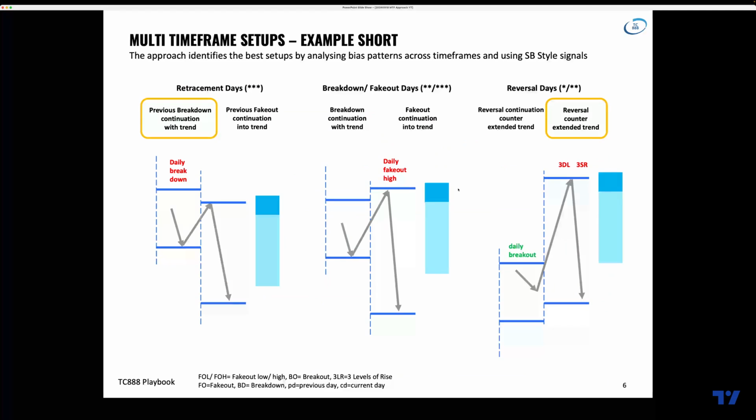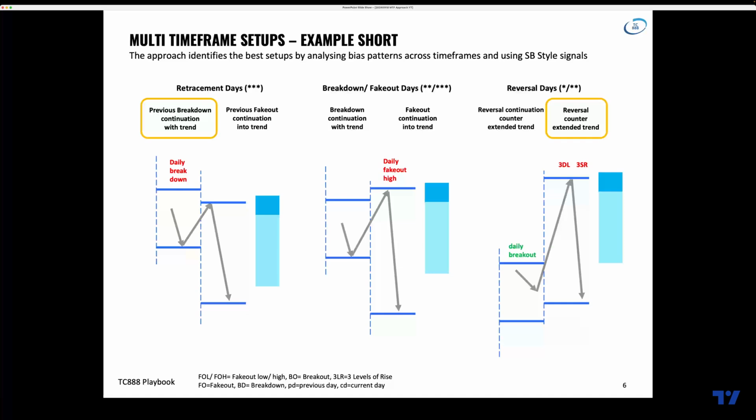So this is how we look at the setups. Here, 3 different setups we are looking at. It's 6 different ones, but that's the main logic of our setups. So the major trades we're looking at, the 3-star trades, are retracement days. So for example, you have a breakdown